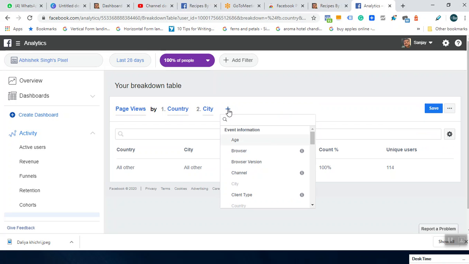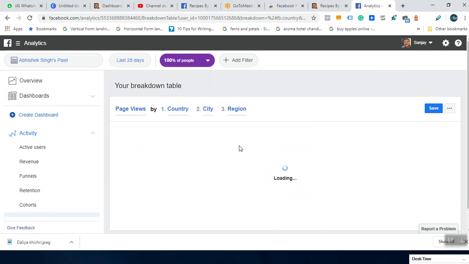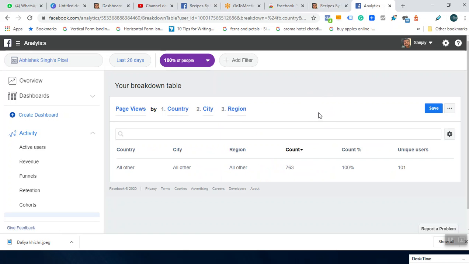So all this plus again some filters, if you want to see, you can add this: current domain, device type, gender, language, mobile network, region. You can see regions, right? So the data is loading. So it has shown all other country. So that way you can see the analytics also of your pixel.